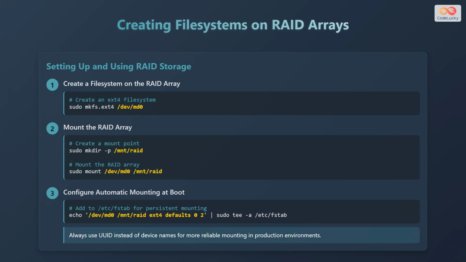After creating a RAID array, you need to set up a file system to use it. First, create a file system on the RAID array using sudo mkfs.ext4 /dev/md0 to create an ext4 file system. Next, mount the RAID array. Create a mount point with sudo mkdir -p /mnt/raid, and then mount the RAID array with sudo